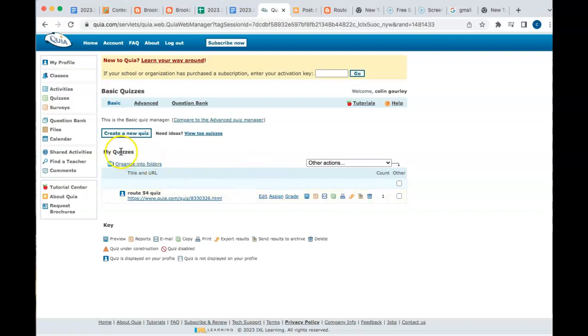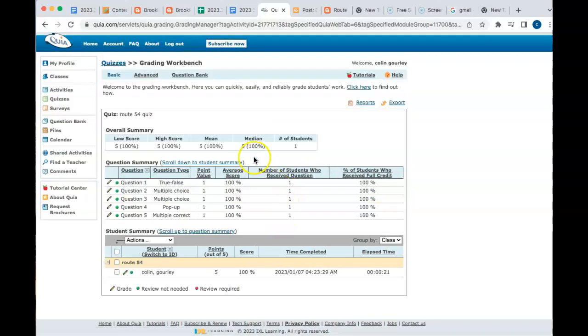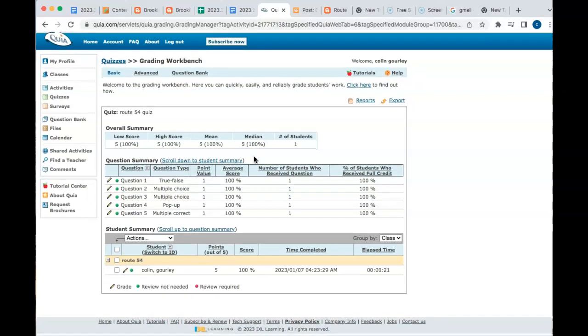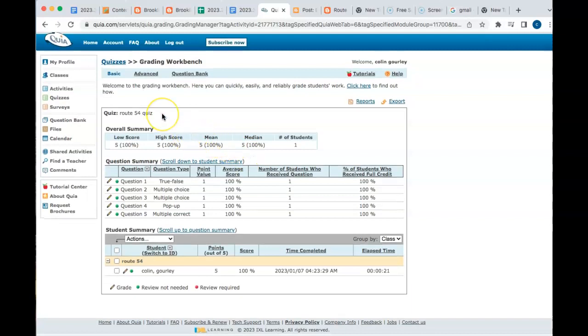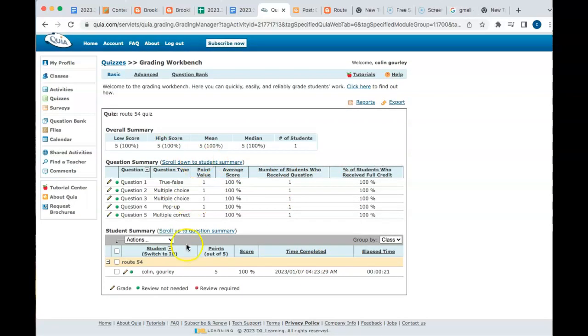And then I can go to grade, and then so I can see the grades. I can see that I took that, and I'm able to come in here and collect data from the gradebook, so I can see what questions he got wrong,